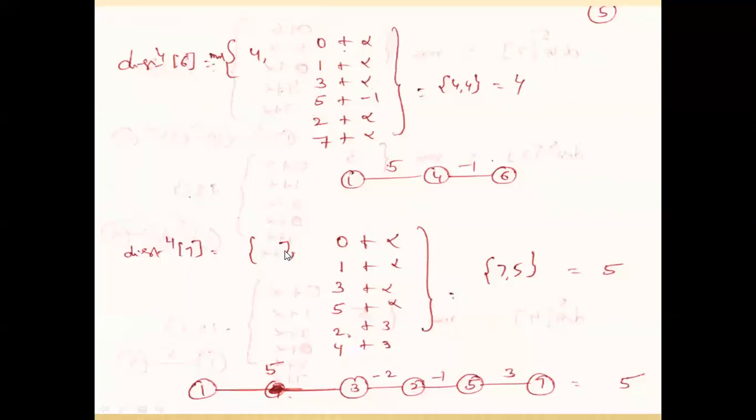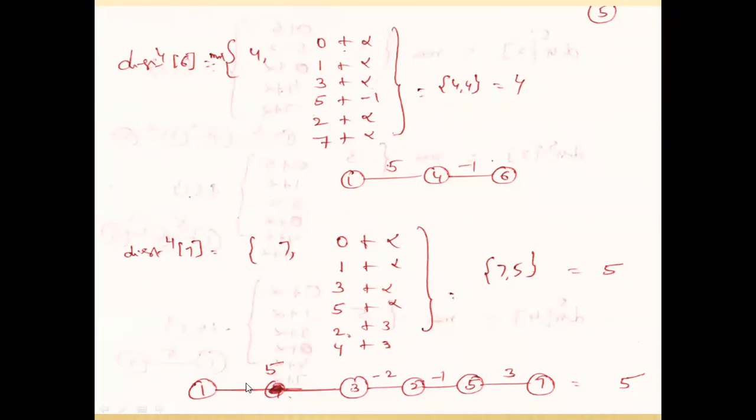Already we are calculating in the previous word. 7 represents finding the shortest path from the source first vertex to the 7th vertex by using 3 edges. Suppose there are 4 edges, and we are finding the shortest path from the first vertex to the 7th vertex by using 4 edges. It is 1, 2, 3, 4. The shortest path from 1 to 7 by using 4 edges is 5.